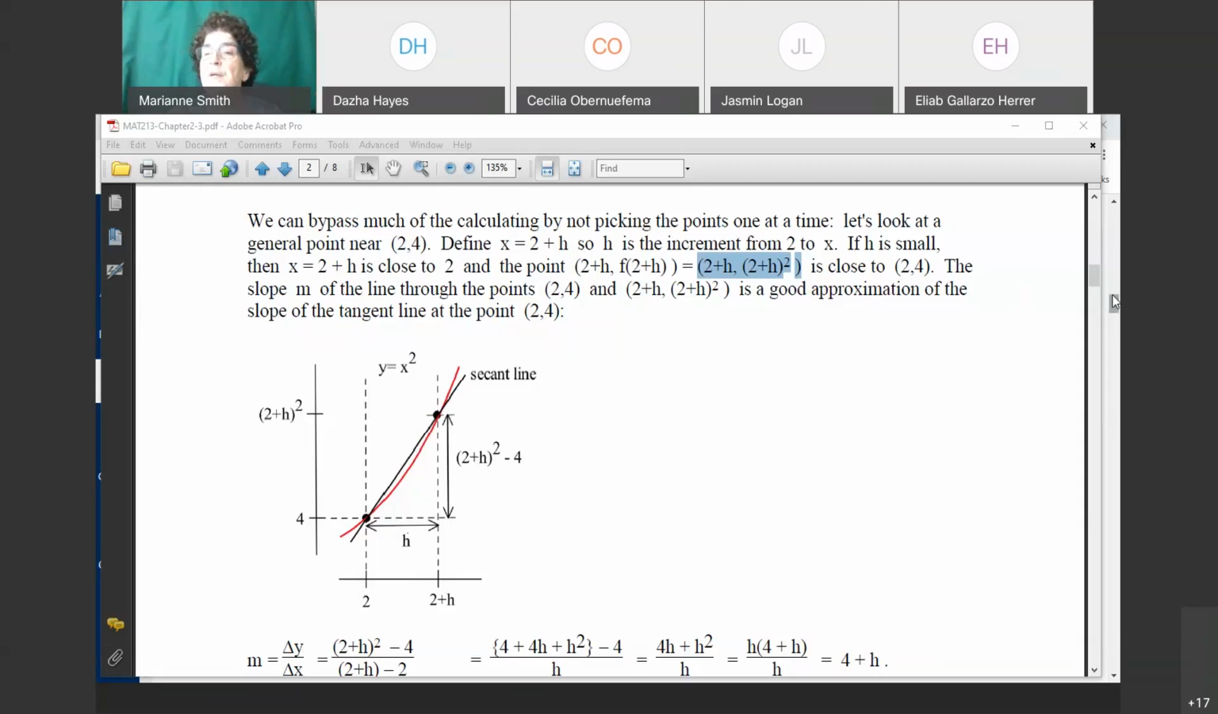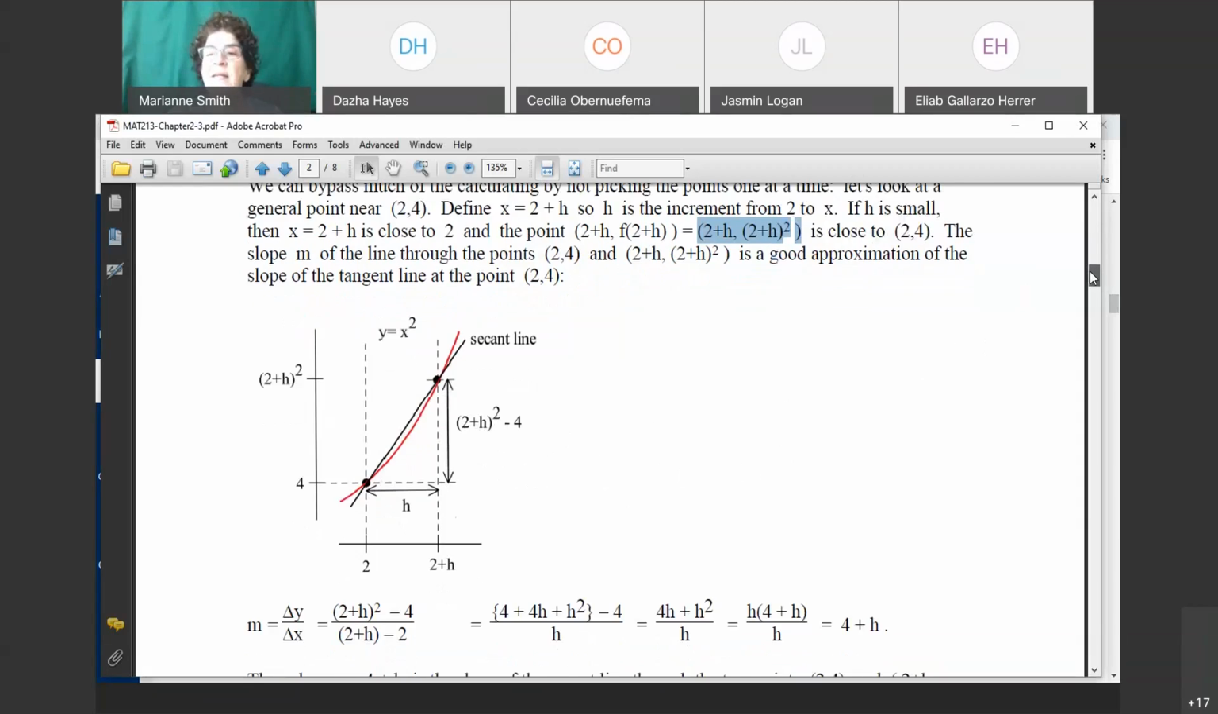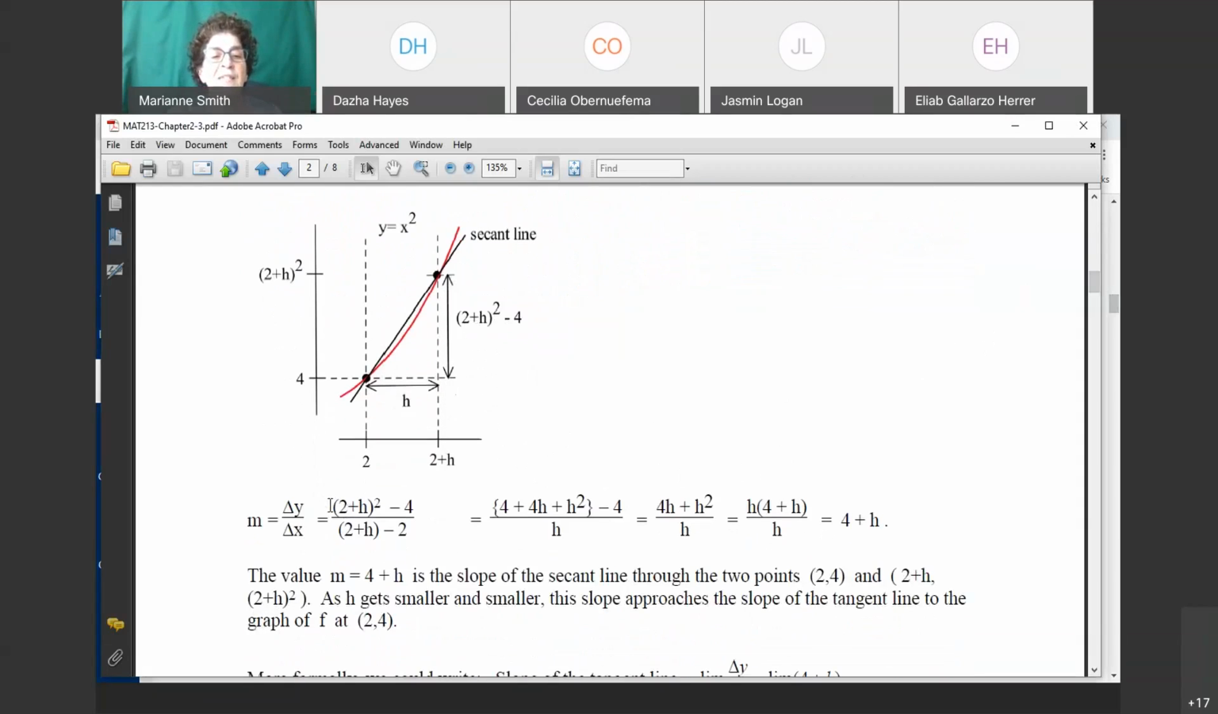Now I'm going to put them into the slope formula down here. Here's my change in y, which is this vertical distance that goes on top. Here's my change in x, which is the horizontal distance. Here it is simplified to be h, right? 2 plus h minus 2 just leaves the h. Now here's the part where most students struggle. You have to remember how to square a binomial. So if I take 2 plus h, square the whole thing,